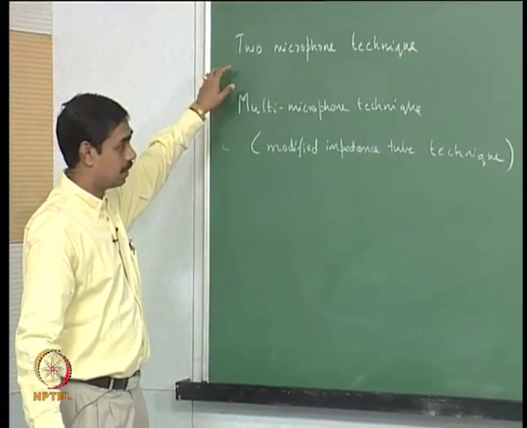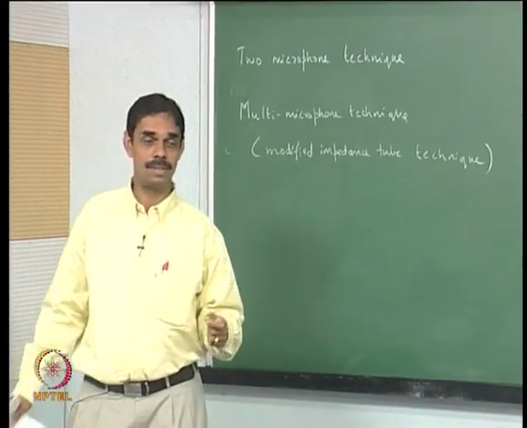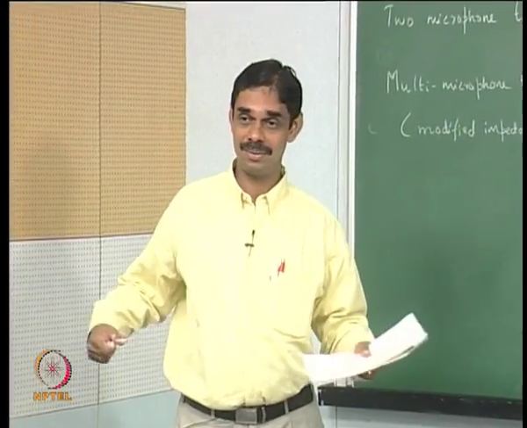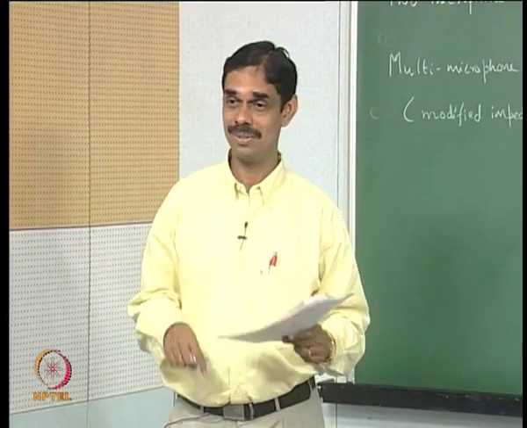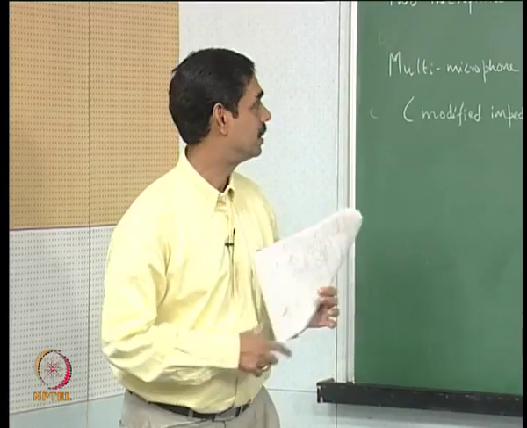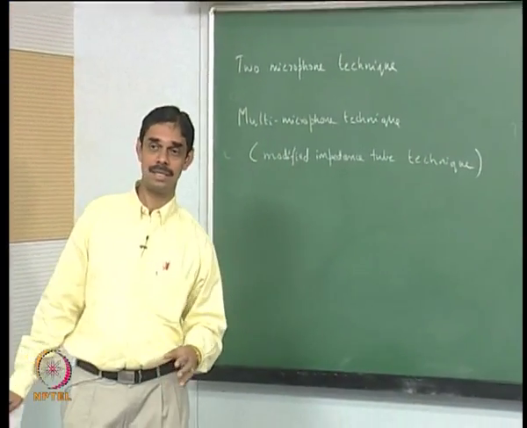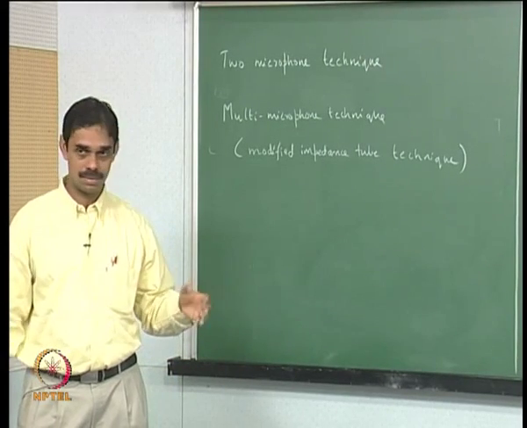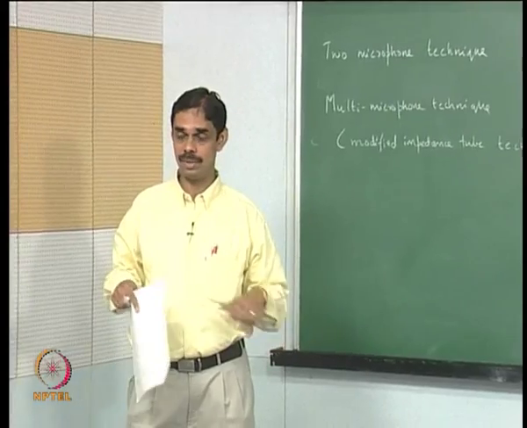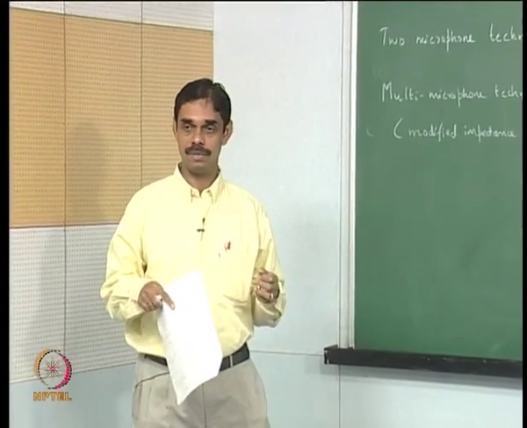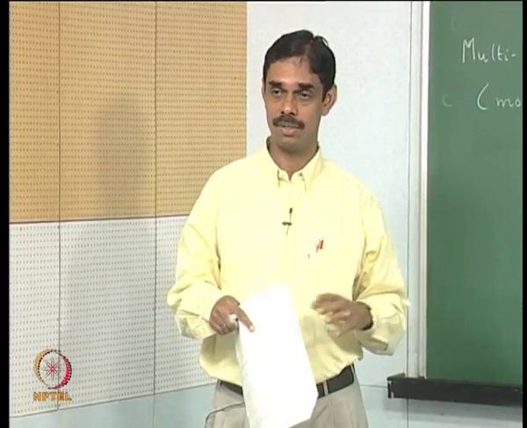Suppose we are unable to traverse in an experiment. That's possible. If somebody gives you an engine and you cannot put your microphone inside and traverse, and you are not allowed to drill 20 holes, then one possibility is to keep the microphone at 2 specific locations, and then you have to know the x locations. You are at a fixed x, and then you have to make the pressure measurements, both the amplitude and phase at each of the locations, and then we can also determine the pressure and velocity fields. That would be one thing.